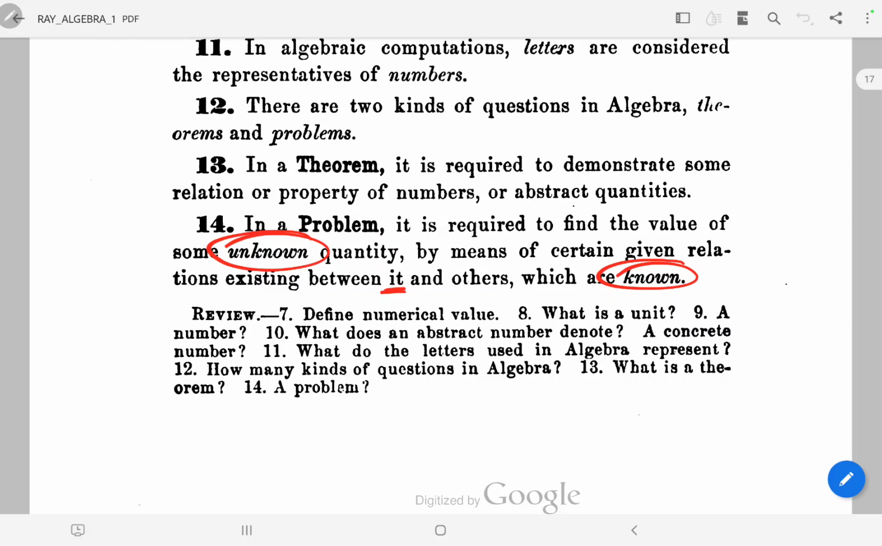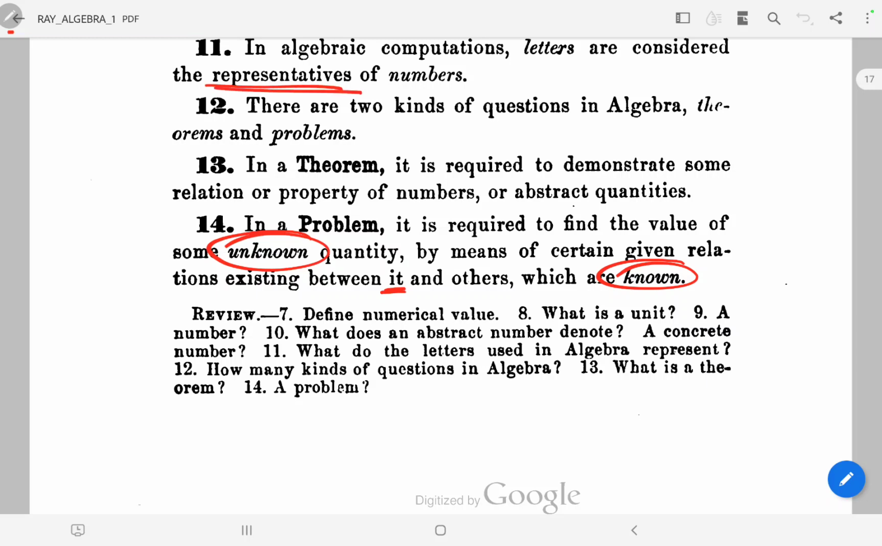And we do that by using other known quantities. We use quantities that we know to find the value of some quantity that we don't know. We use quantities that we know to find the value of quantities that we don't know. Now, when we think about the fact that we're trying to find the value of unknown quantities in algebra, it